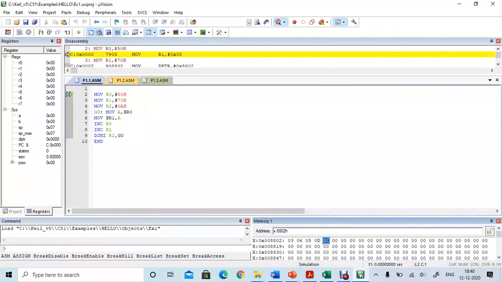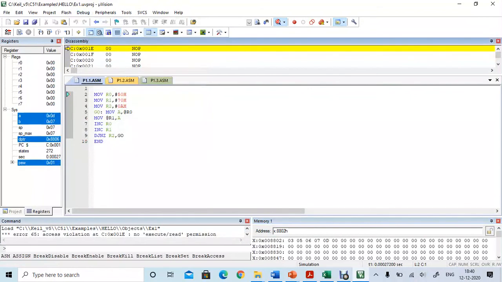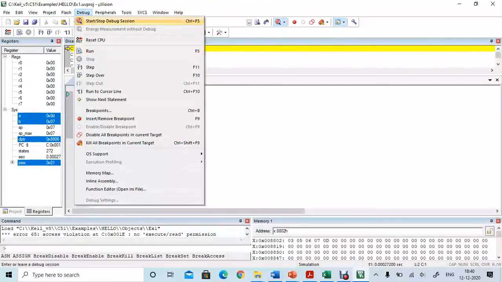The numbers have to be entered in 5 memory locations. Once entered, click on debug, click on run. We can see the numbers have been arranged in ascending order in the locations 8802 onwards. Then go to debug, stop the debug session.